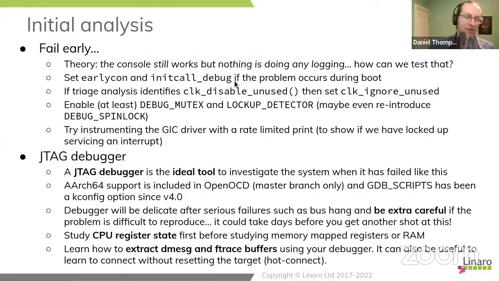Init call debug simply means that whenever a driver is called during init, the fact that we've gone in to call that init call, which is usually driver registration and a bus setup, gets logged to printk. So that can hone us in very quickly on which driver being probed is causing us trouble.